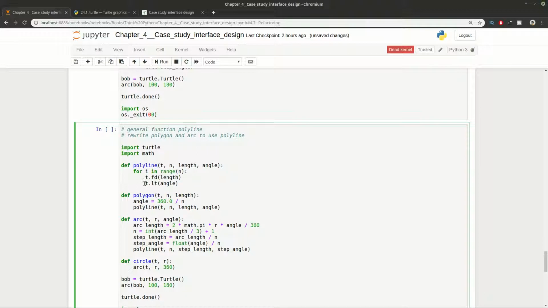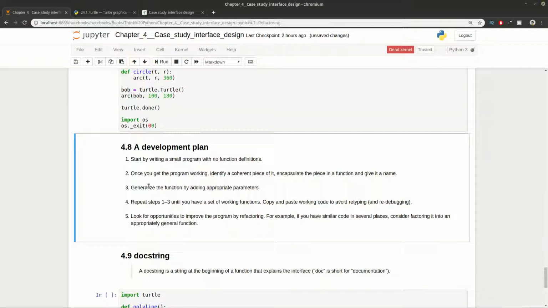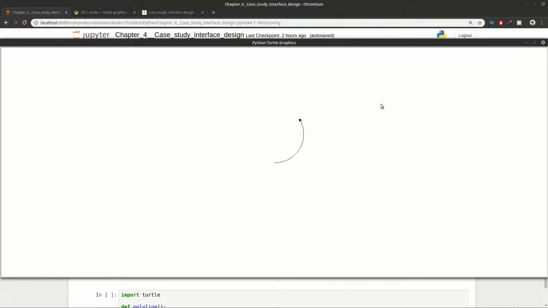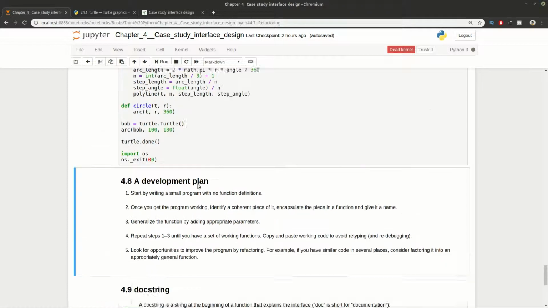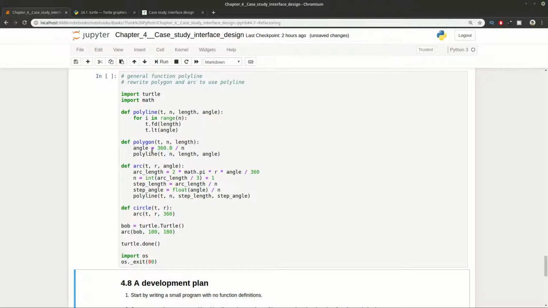And also I want to mention that first let's execute this and check the output. You can see all the functions here, and I want to mention that if you have separate functions for your program, you can debug them and find problems easier. For example, let's remove this line from function polyline. Then all you can do is run, and find that your program is not working as expected.